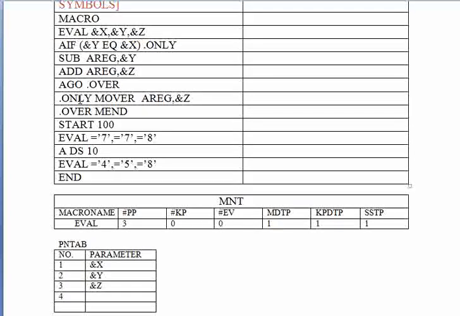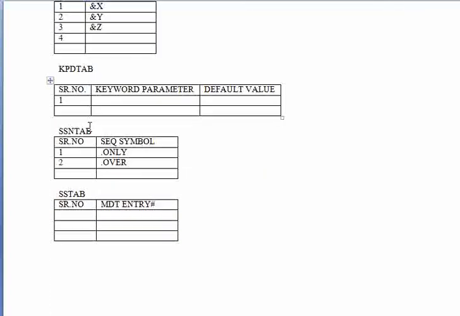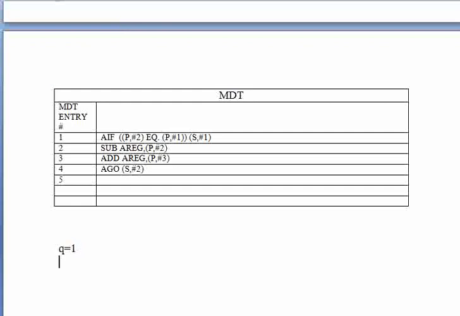What does this label mean? That means if the condition becomes true, I need the control to be transferred to that line where dot only appears as a label. So I need to keep track of that line where dot only is appearing as a label. So where to enter this? For that, please use this formula. It is called SSTP plus q minus 1.